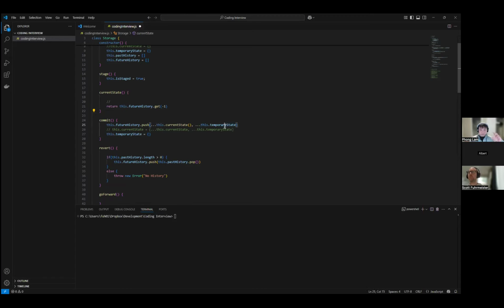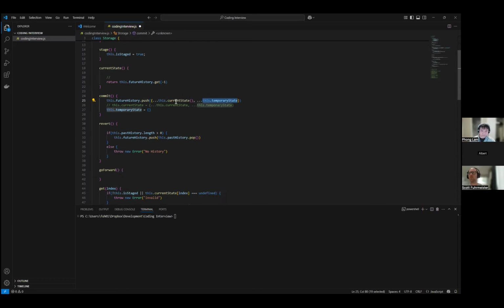If you want to do this, you need to wrap them together with the curly brace. Well, there is some problem with this too, that if you commit, you are putting a new version. This is true, so you would need to override. I understand what you're saying. It is a new state, so what you want is a new object. You want to do a curly brace outside, then it should work. So this is passing in a new object and copying the properties from the last future state, which is our current state, and then the temporary state, which is the new state that we've pushed.